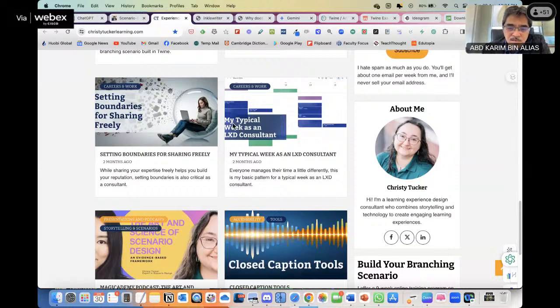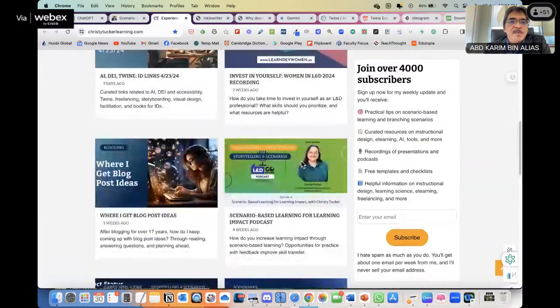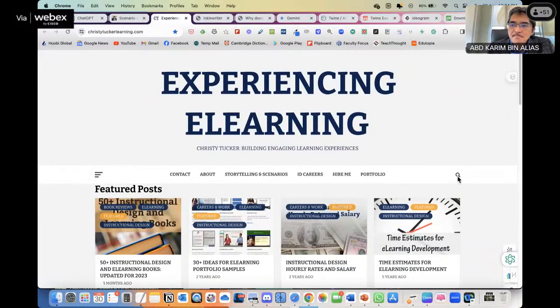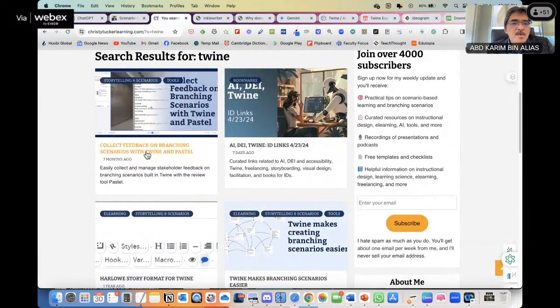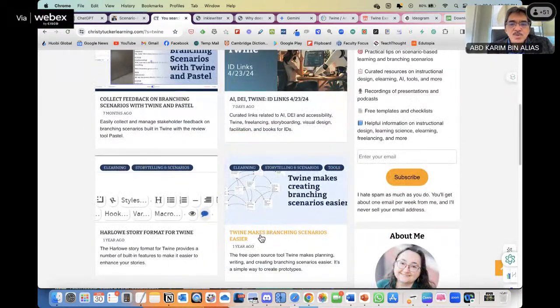Twine is actually designed for scenario-based learning with multiple branching, with complex branching. If you type Twine on Christy Tucker's website, she has some examples of how she uses Twine to make branching scenarios.